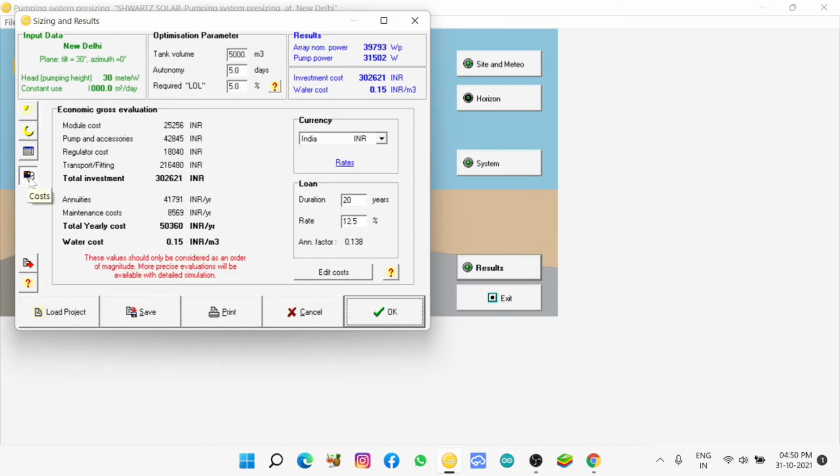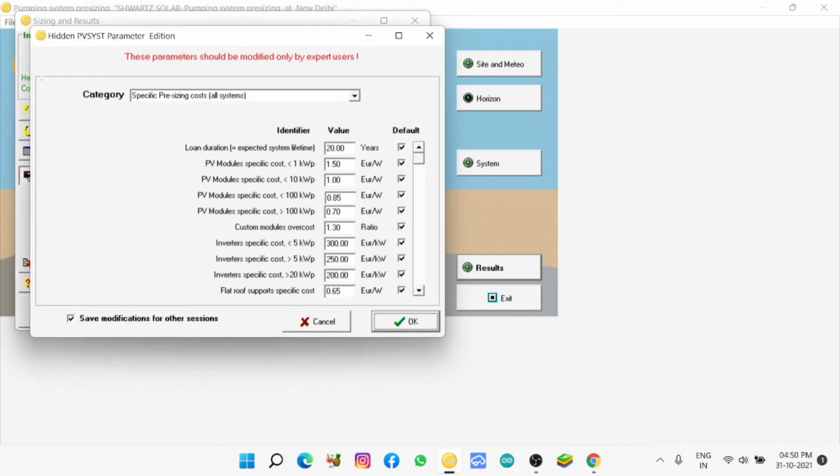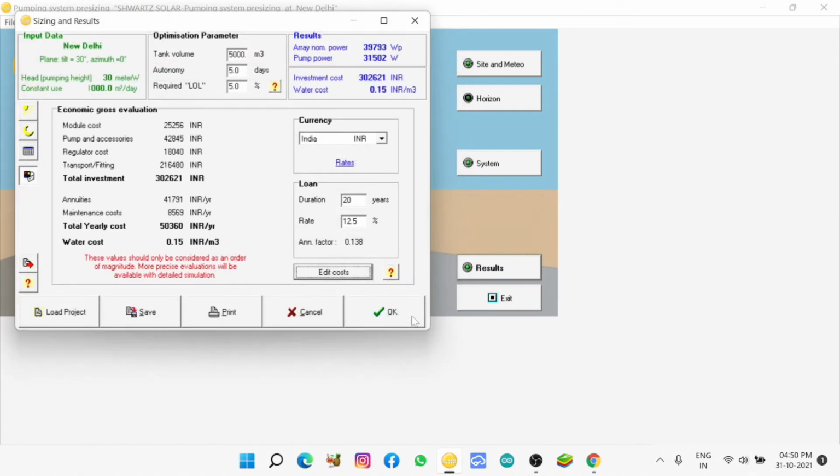And do it. Now these are the rates. But I have told you again and again, you will not find the same, because as per our Indian prices, the rates differ a lot. So no need to depend on it. Or maybe it is a trial version. They are not giving exact figures as per Indian conditions. Maybe for Europe it is okay. Maybe for South African countries the prices are okay.